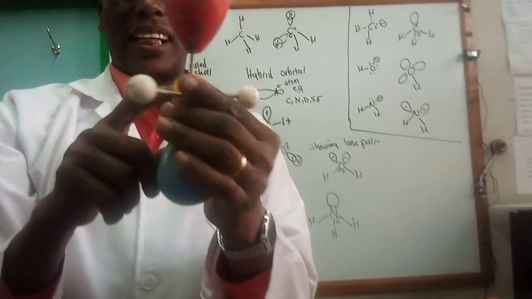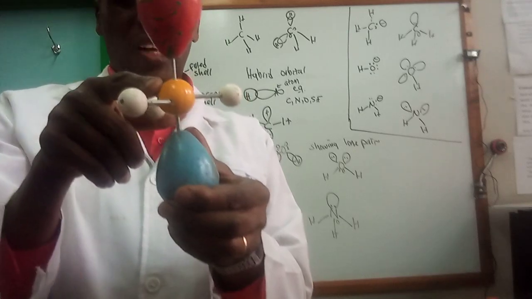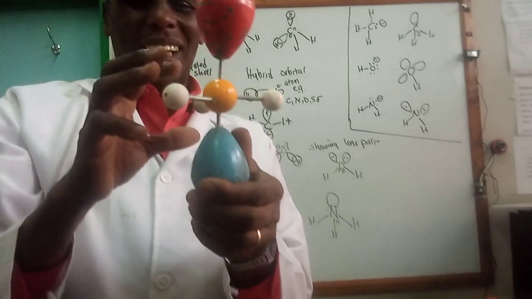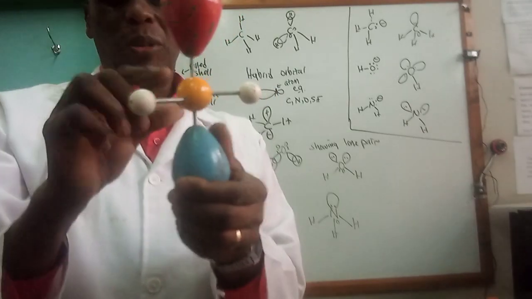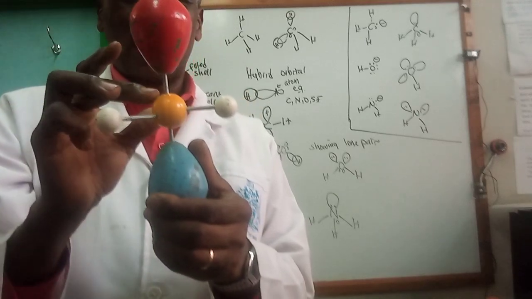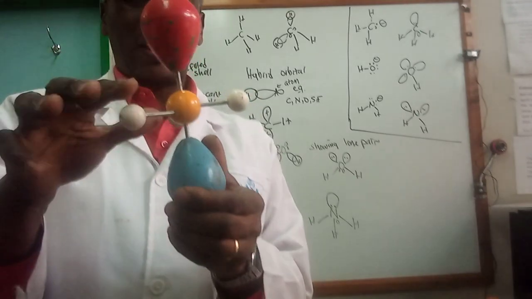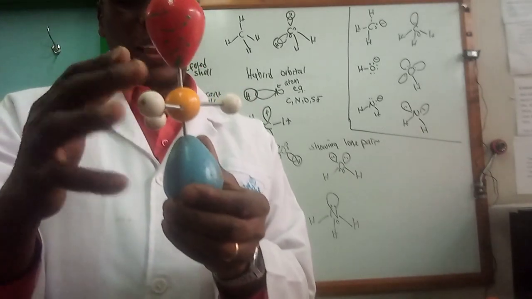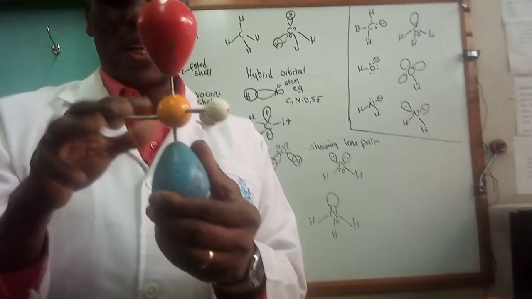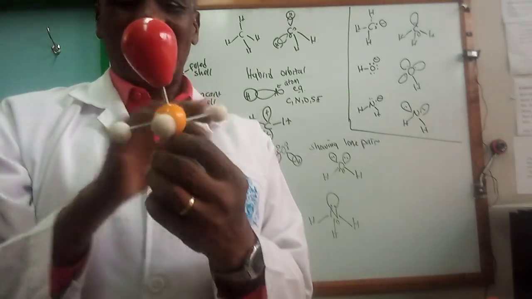So this is your methyl cation, though you know it's unstable, yeah. So this is your carbon, hydrogen, hydrogen, hydrogen, and this is your vacant orbital. It's not shown to size because the p orbital will not be as big as that one, yeah. But just showing the vacant p orbital, for example, if this is your xy axis,